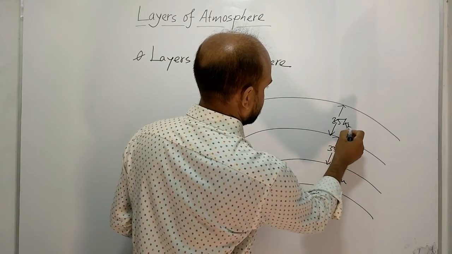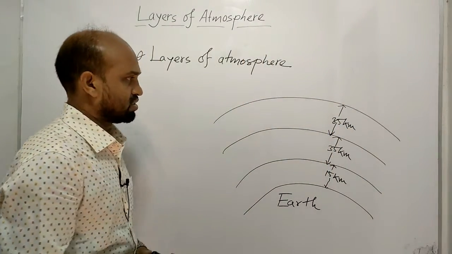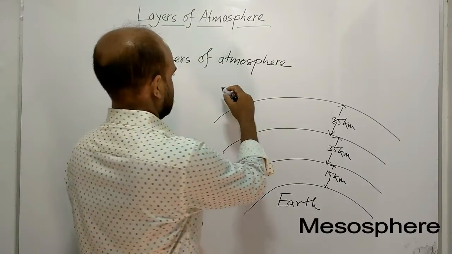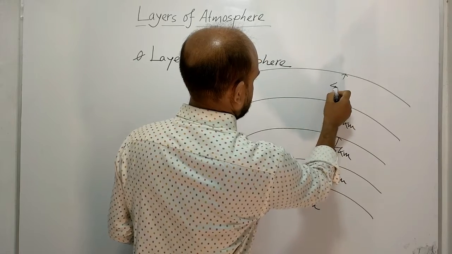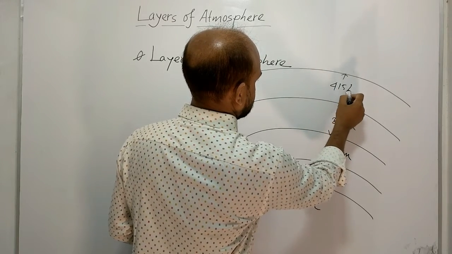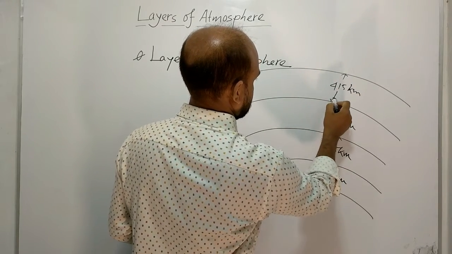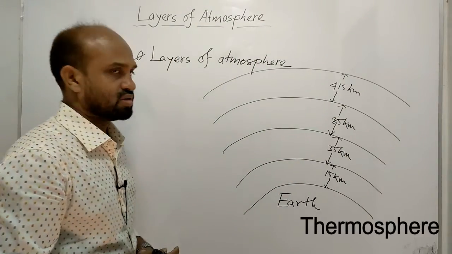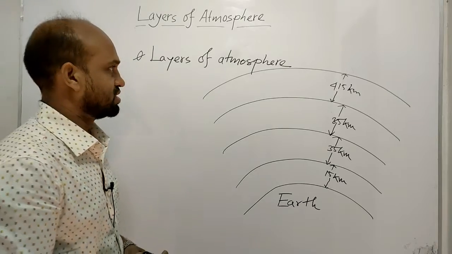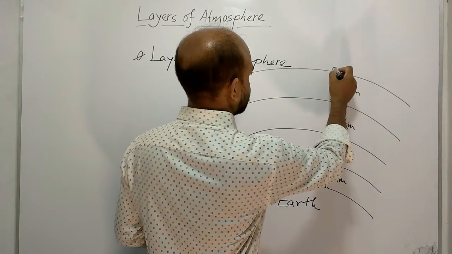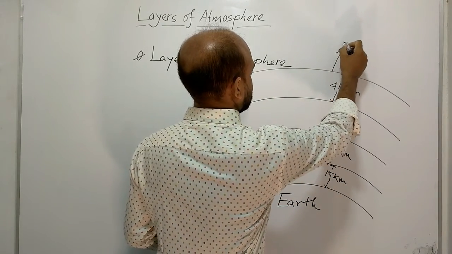Next 35 kilometers is called mesosphere. Next 415 kilometers is called thermosphere or ionosphere. And after this thermosphere, this is known as